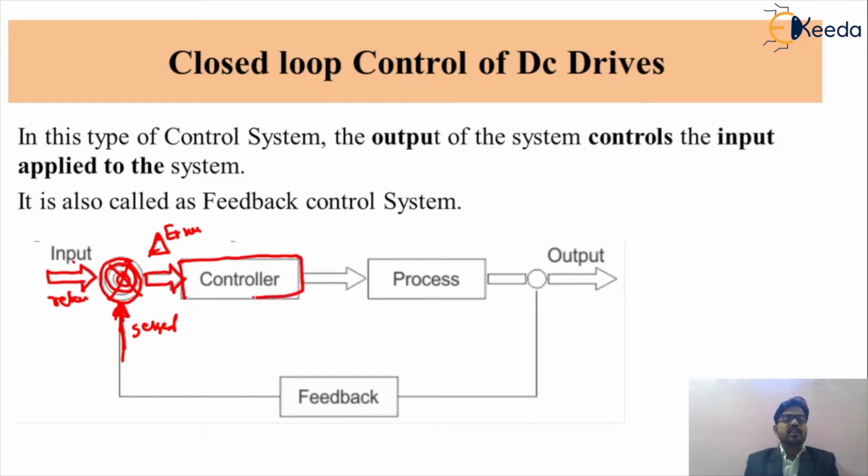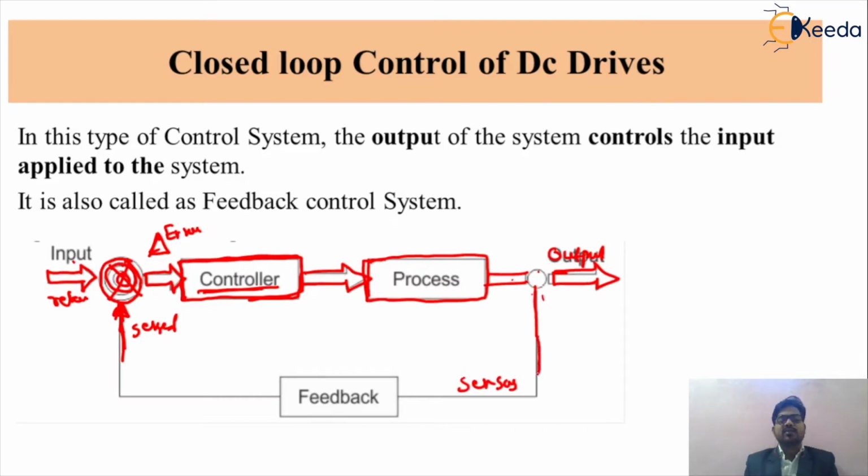So the controller circuit will decide the value of your control parameter, and this value of the control parameters is then given to your process. According to the error signal, the controller will adjust its strategy, and the output will be given to your processor. After the processor, we get the output. From the output, we can sense, and this is the feedback loop. In day-to-day life we use different types of sensors for your closed loop control system. So this is called the feedback loop.